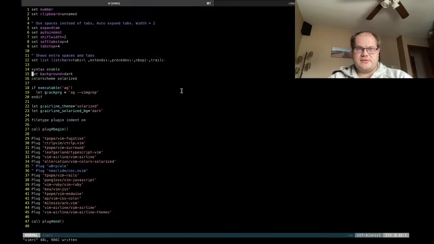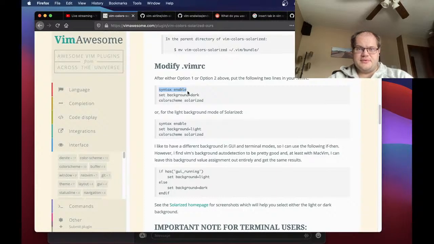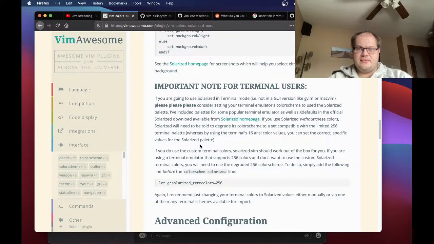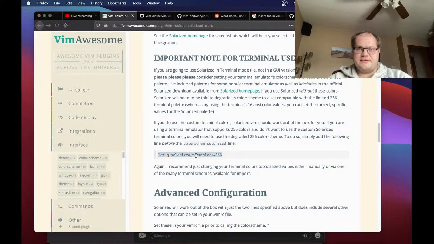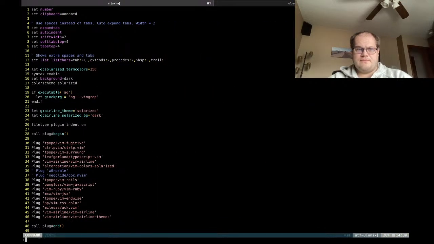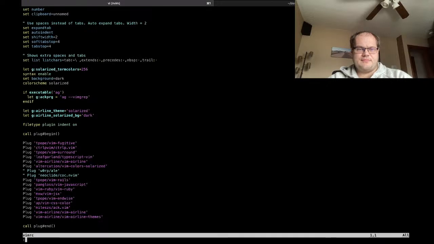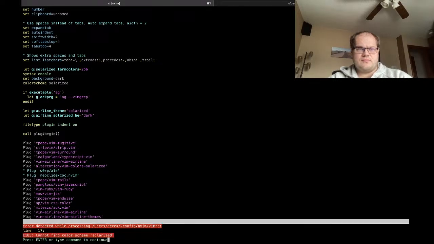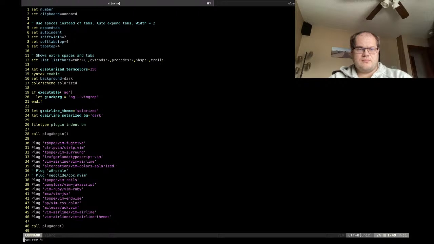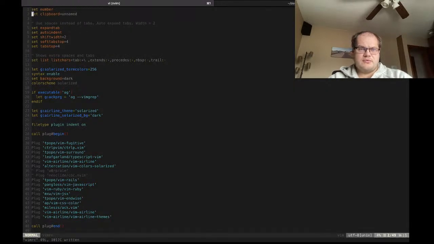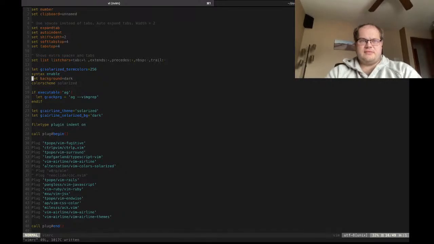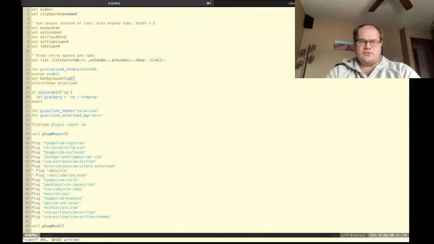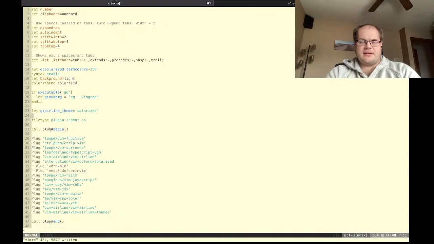Background equals dark, color scheme solarized, syntax enabled for terminal users, solarized term colors. Just doesn't seem to be doing it, right? There we go. That is solarized dark. And if I do light, cool. And if I do that,